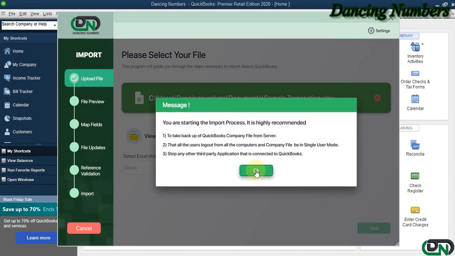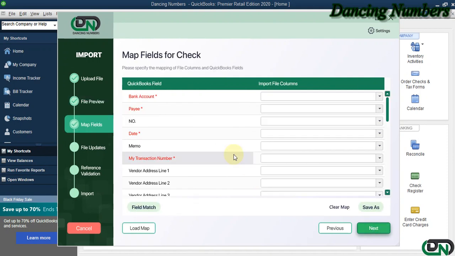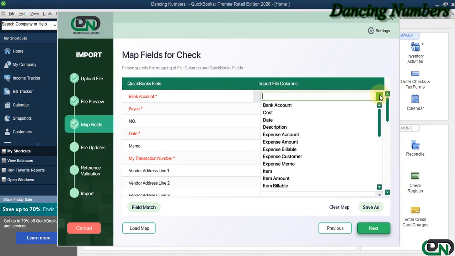Click OK to the message. On the file preview screen, it shows the information that is there in the Excel sheet, and we can click on next. For the mapping fields, we can either click on the drop down and choose the field columns manually